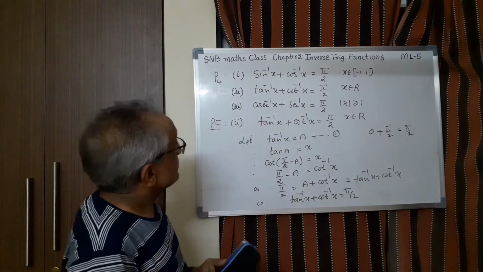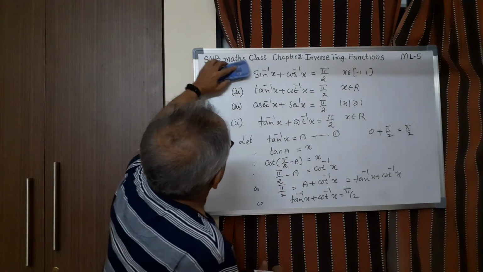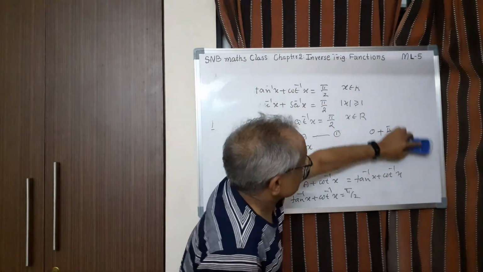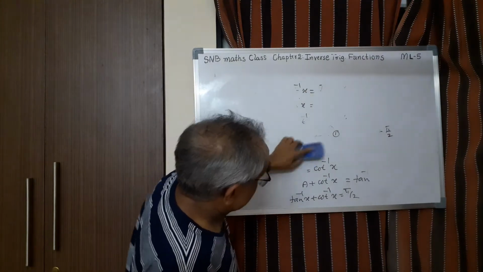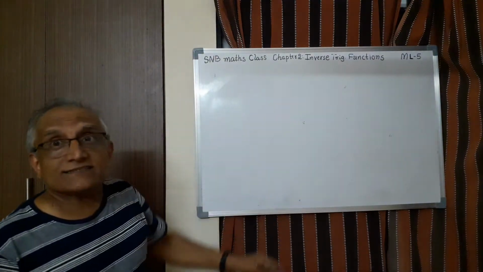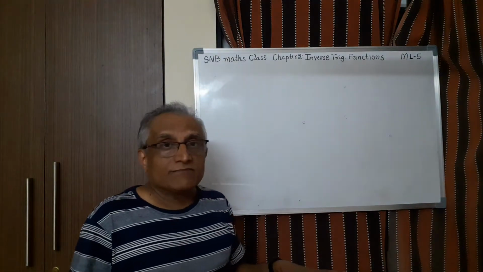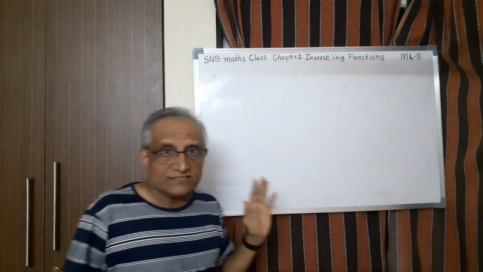So then it is true. So this is the fourth property, fourth set of properties. And the next one is connecting tan inverse x and tan inverse y. In fact, there are formulae connecting sine inverse x and sine inverse y, and sine inverse x minus sine inverse y. But those formulas are not included in the syllabus, therefore let us not discuss those things.